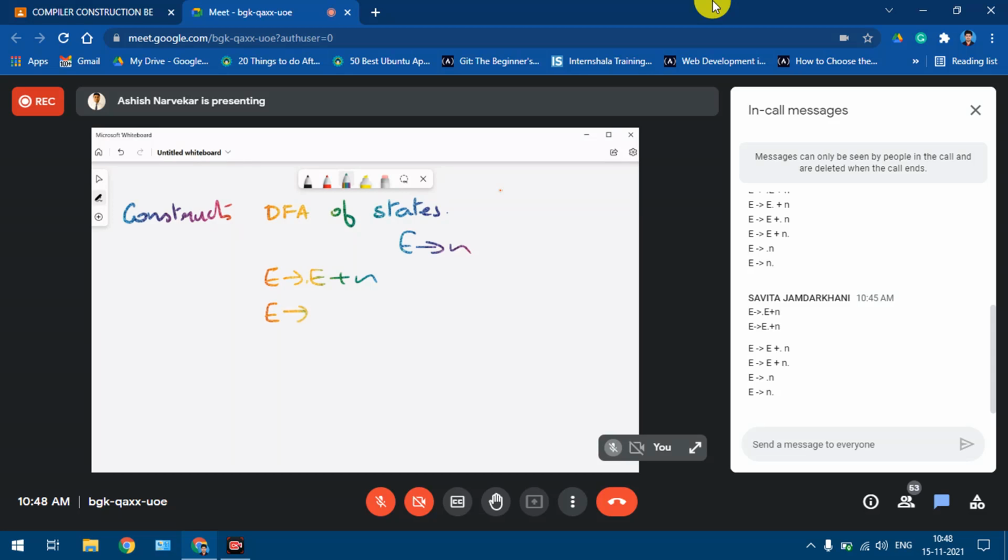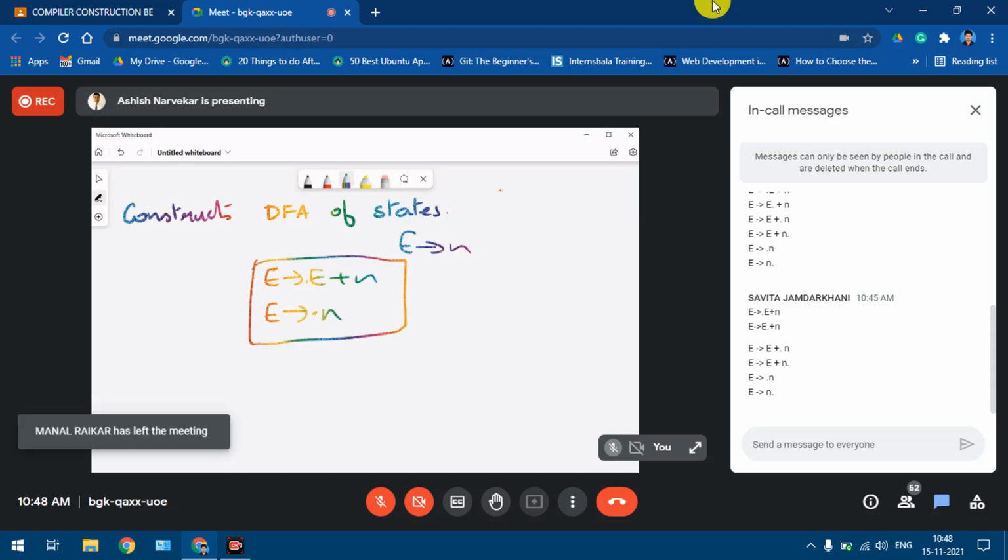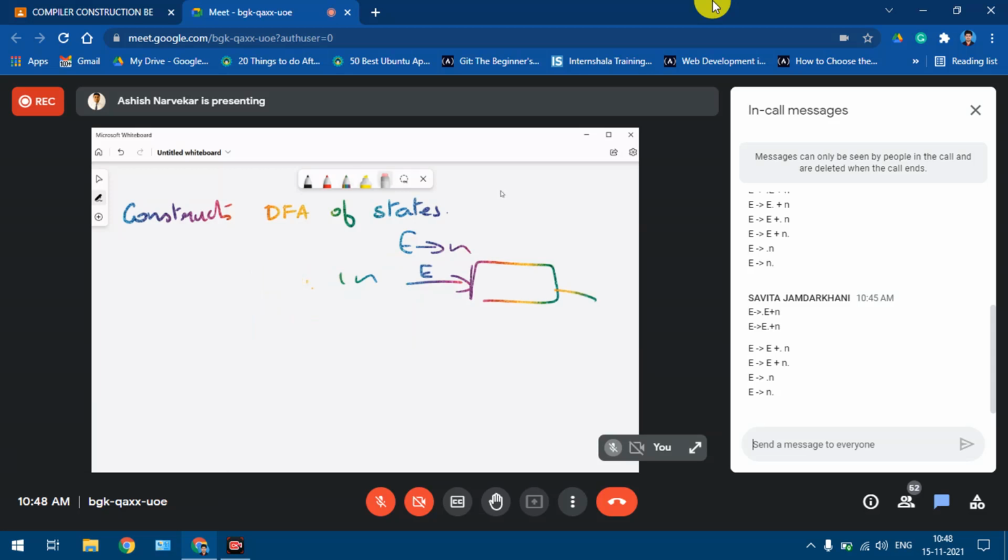If I write something like this and enclose it in a box, this becomes one particular state. Then I have to go to the next state. To go to the next state, I should give some particular input, or I need to check what is coming after the dot. After the dot there is a capital E over here, so on E I go to some other state and so on. This is the meaning of construction of the DFA using the LR0 items.